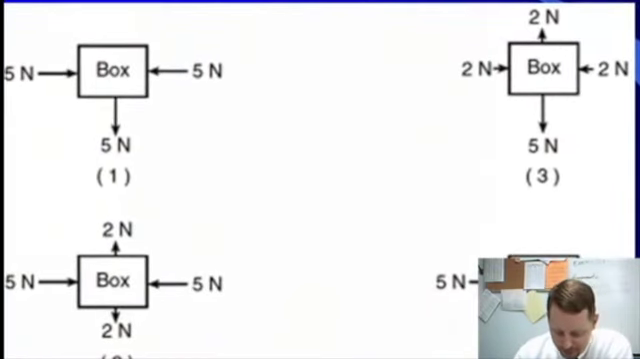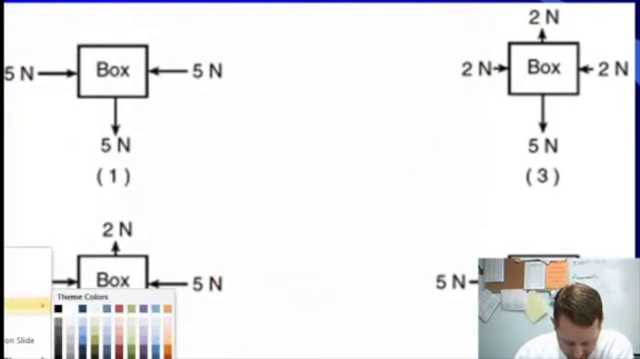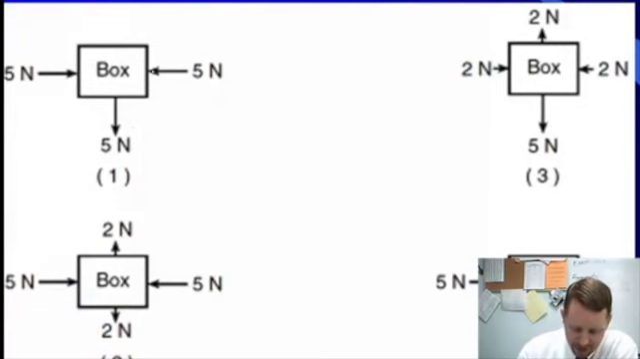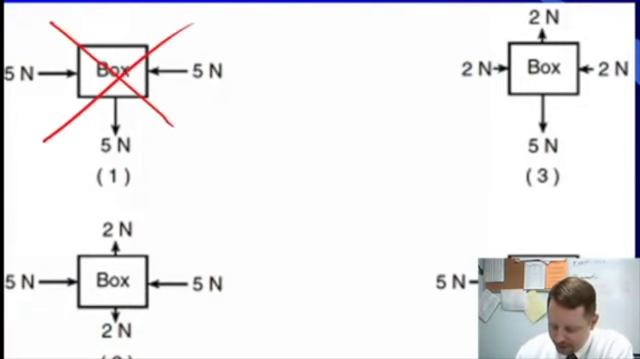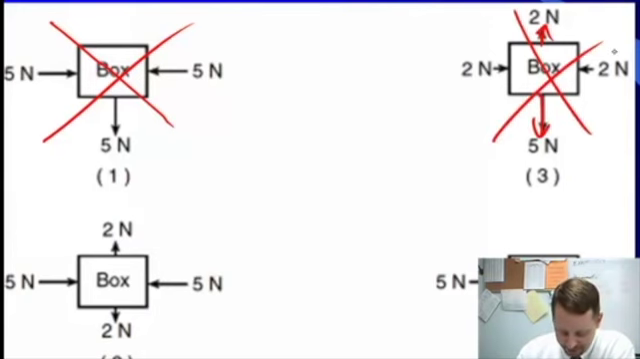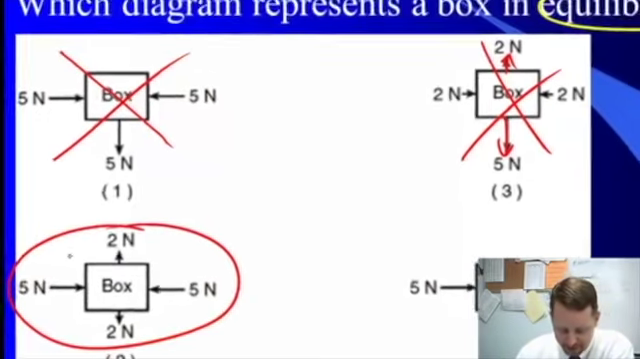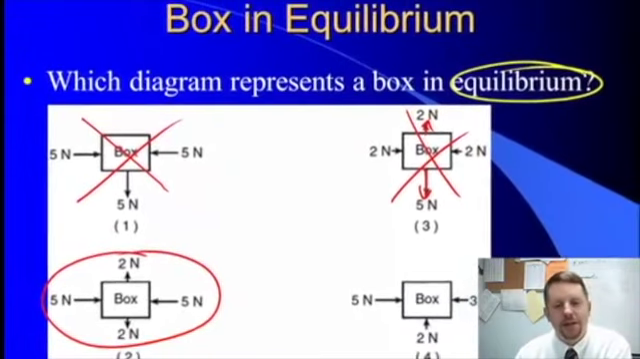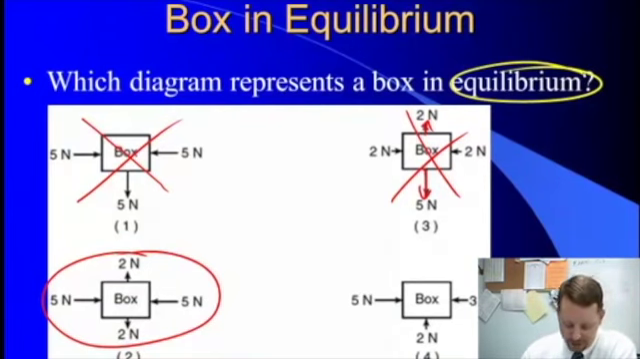Well, if we look for the diagram where everything's balanced, it can't be number one, because we have 5 down but nothing up. It can't be number 2 because we have 2 up and 5 down. That's not balanced. Number 3, we've got 2 up, 2 down, 5 right, and 5 left. That's got to be balanced. 2 newtons up, 2 newtons down gives you a net force of 0 newtons in the vertical direction. 5 newtons right, 5 newtons left gives you a net force of 0 in the horizontal direction. Correct answer must be